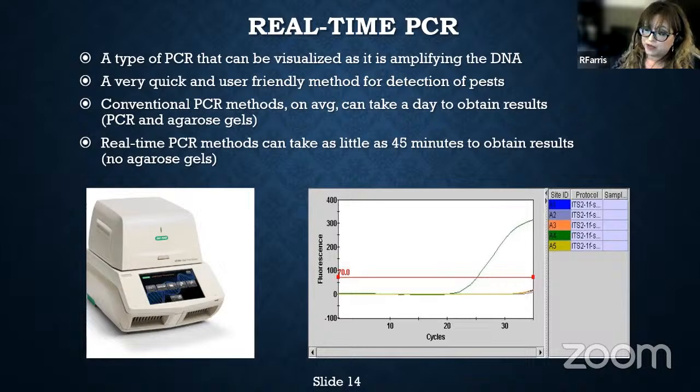For real-time PCR, not only do you add primers, you add an additional component known as a probe. A probe is just like a primer in the sense that it's a small sequence of DNA that hones into a certain region.